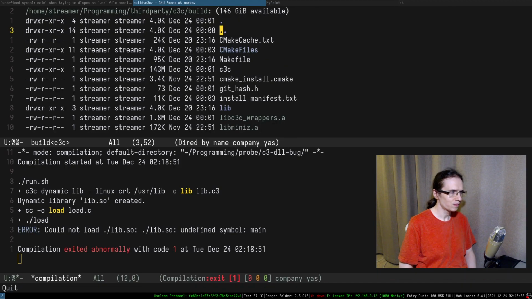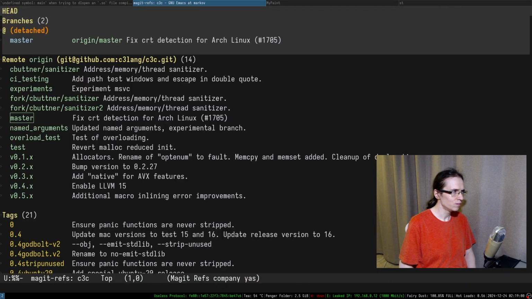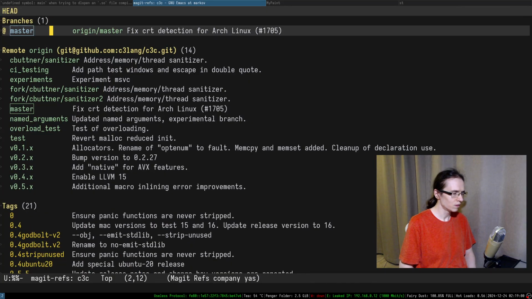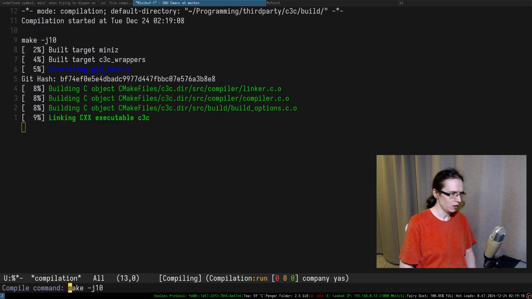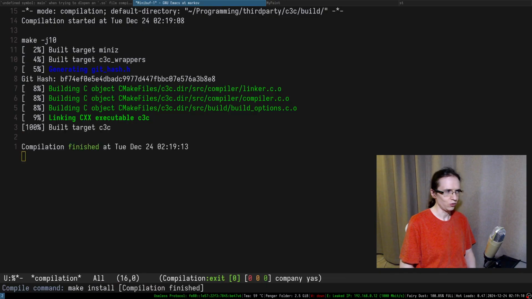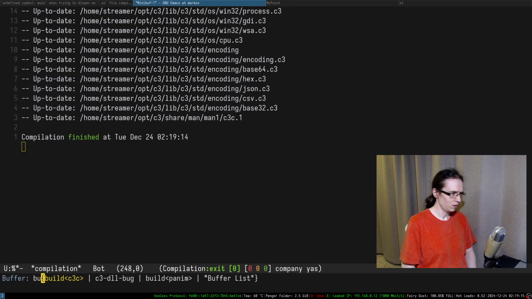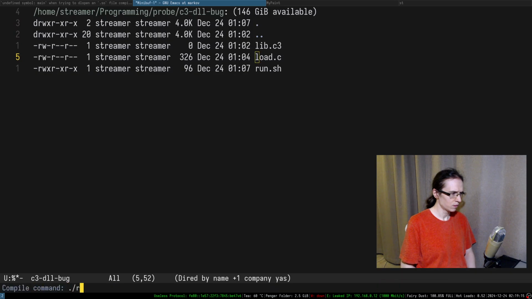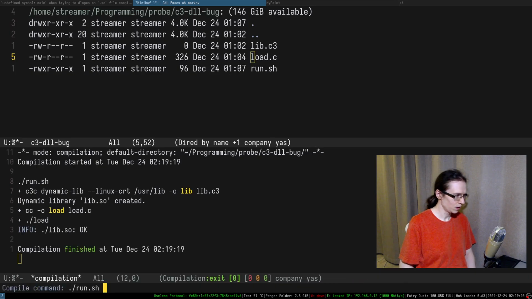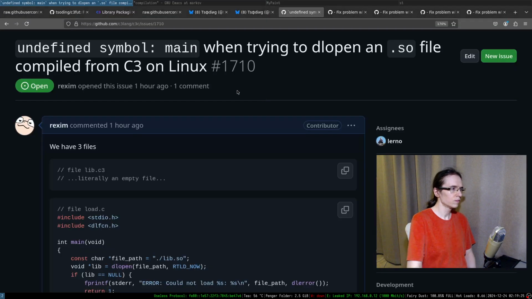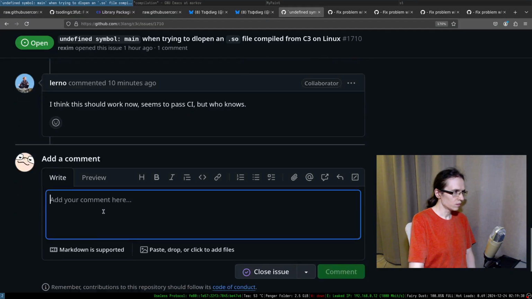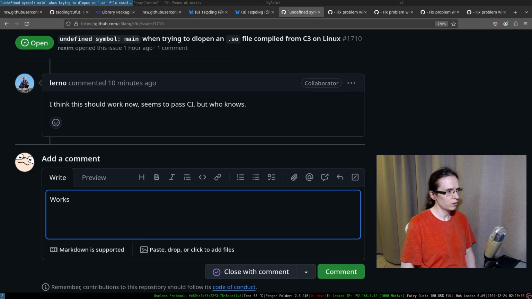Let's go back. Let's go to the master. All right, so make g10. And after that, make install. I just need to wait until it links everything. Bug. Everything works. C3C. So works on